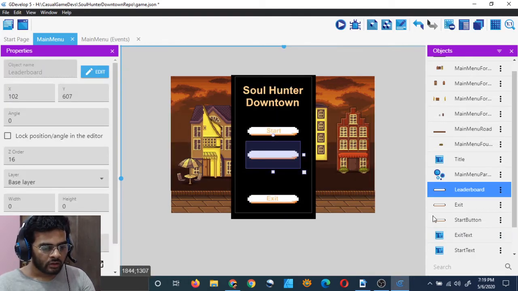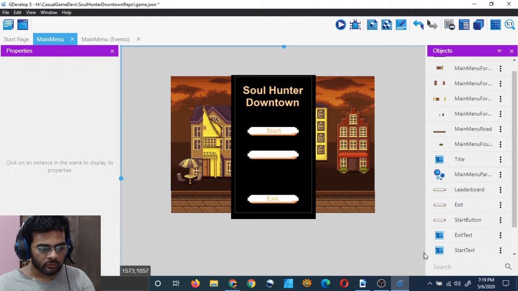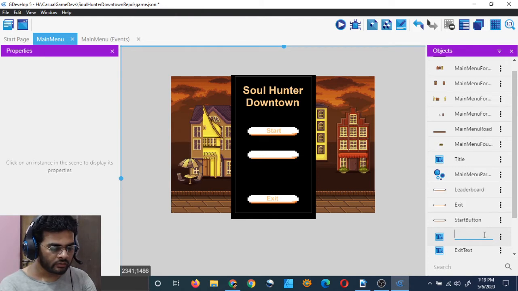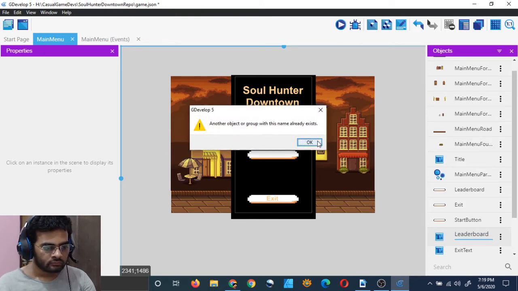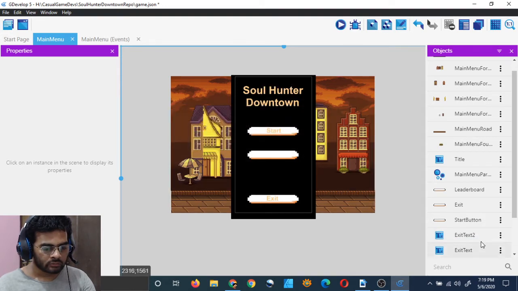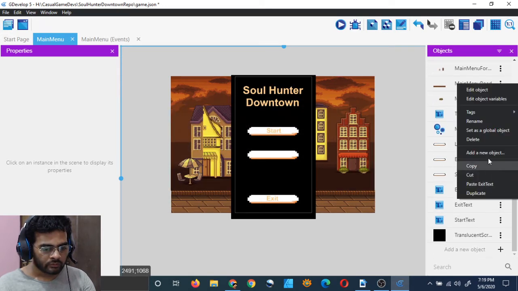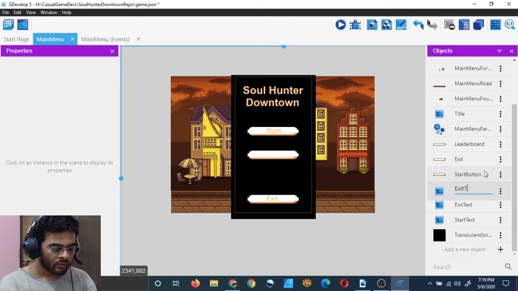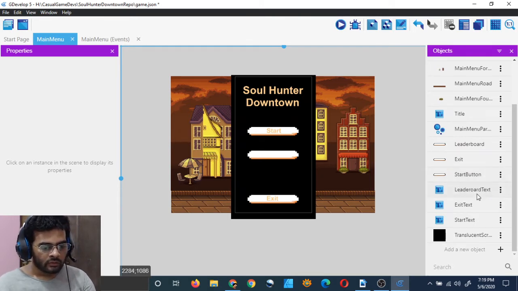Yes, and here I want to put leaderboard text, which I will duplicate from the exit text and put it leaderboard. Oh yeah, I will have to put a different name. I will put it leaderboard text. That's okay.